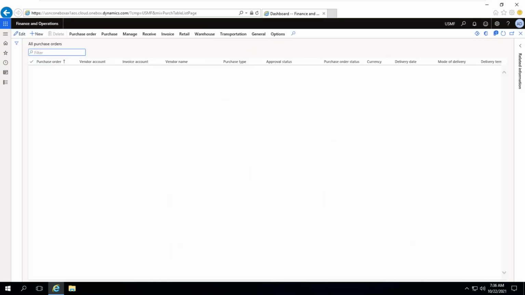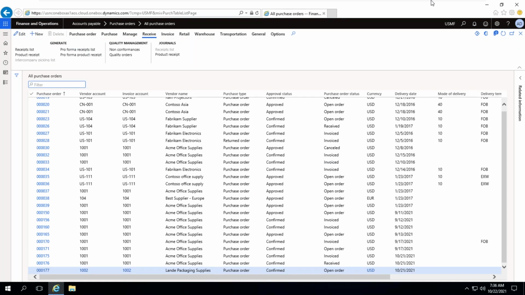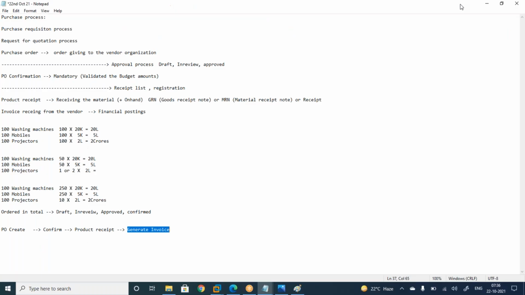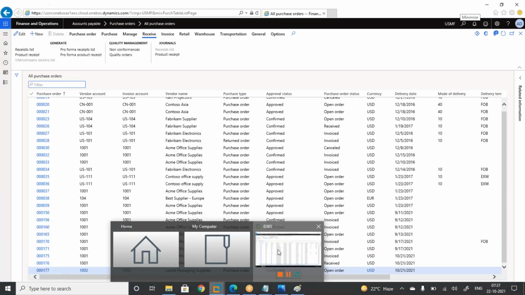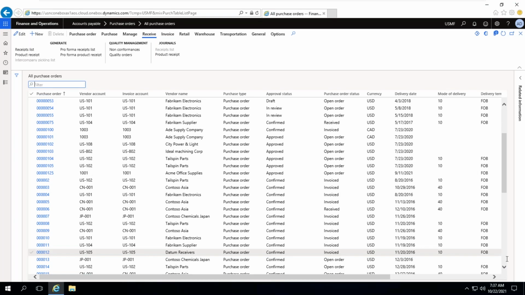There is one more function available, purchase agreements. At that time you will understand: I have agreed on some quantity and I want to take an order for only 5 quantities. I will explain that later. There is one more concept called purchase agreements. At that time you will understand, Mamta. Okay, Satya. So finally, some agreement should be done for the quantity also.